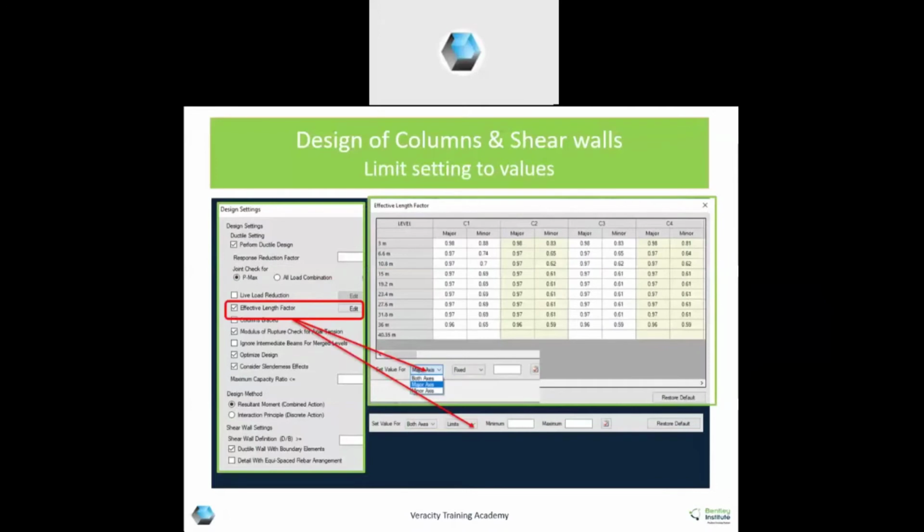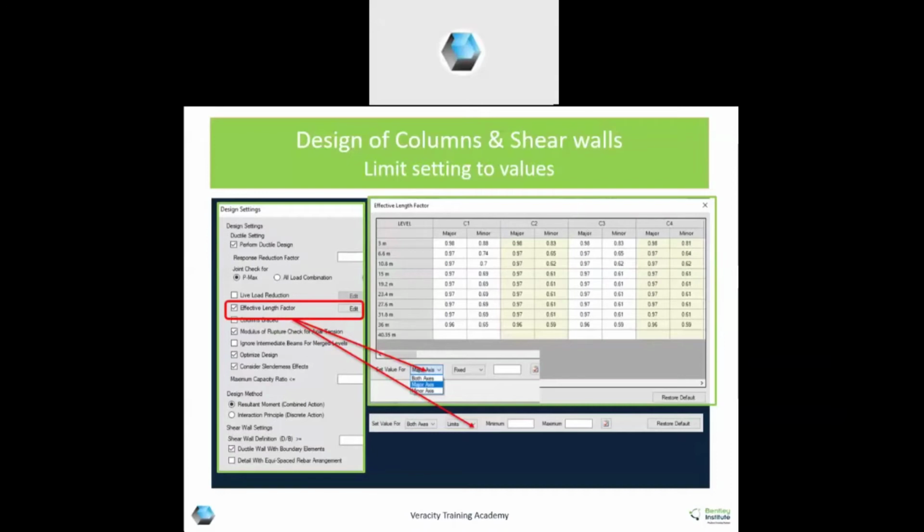Effective length factor. I hope all of you are aware of our appendix in the code of IS 456, where we calculate the effective length factor for each column depending upon the support conditions and restraints.